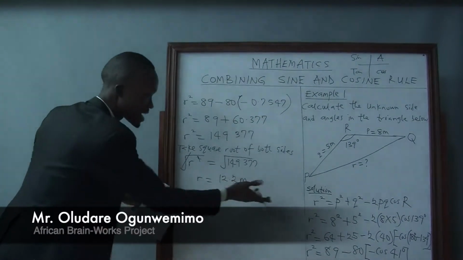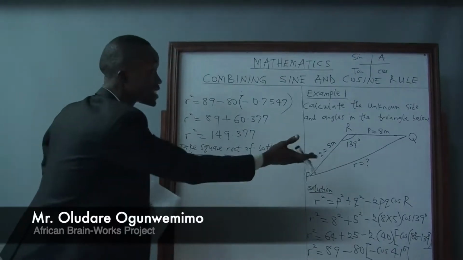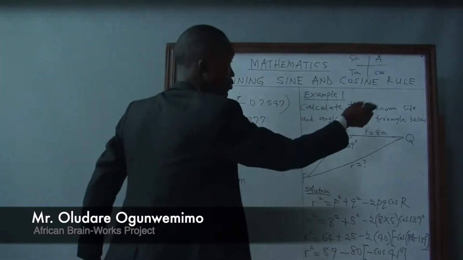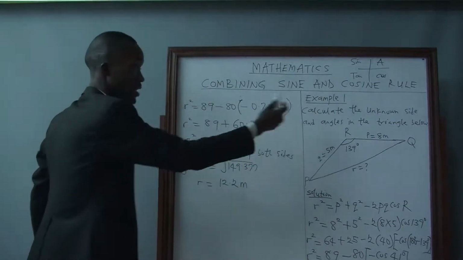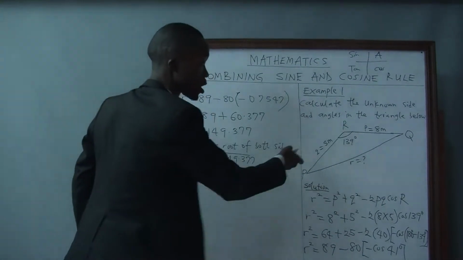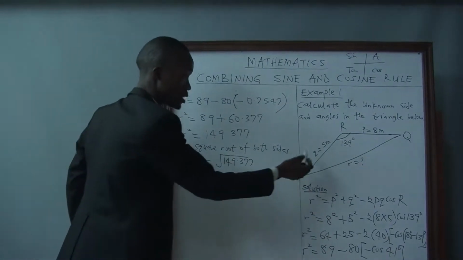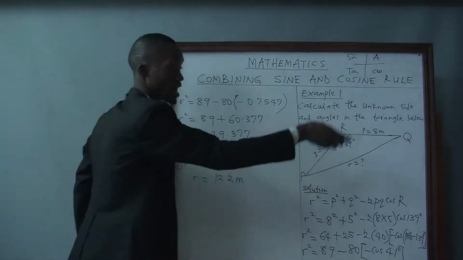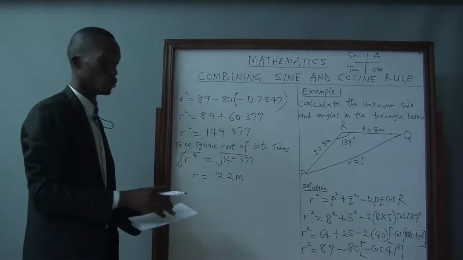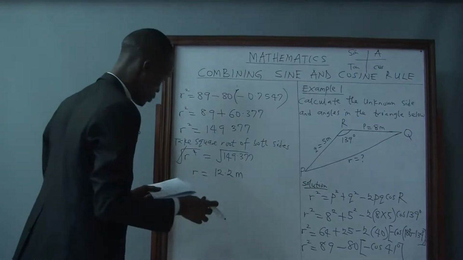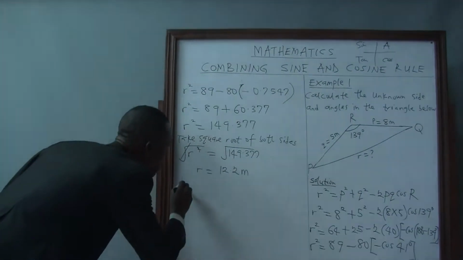So after getting this distance, since they are asking us to calculate the unknown sides and angles, the next thing we do is we get one of angle P or Q. We already know what angle R is, so after getting P, we can now use the sum of angles in the triangle to get the last angle that we need. So from there, using the sine rule,